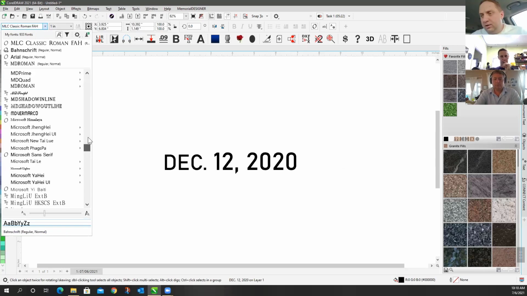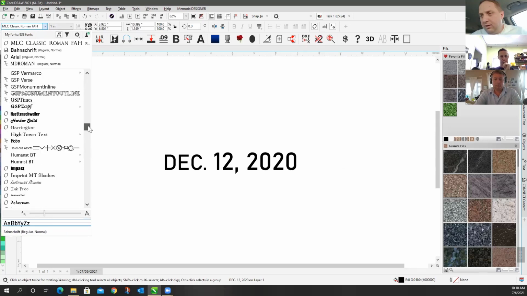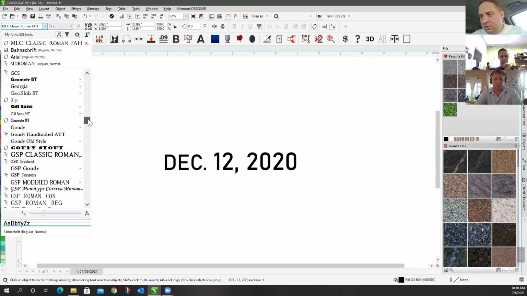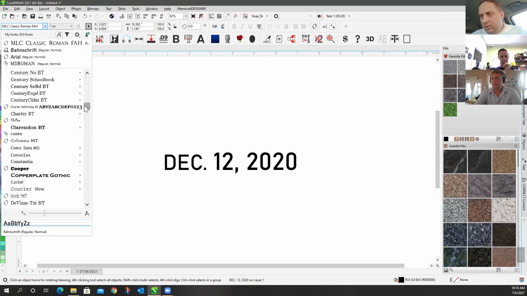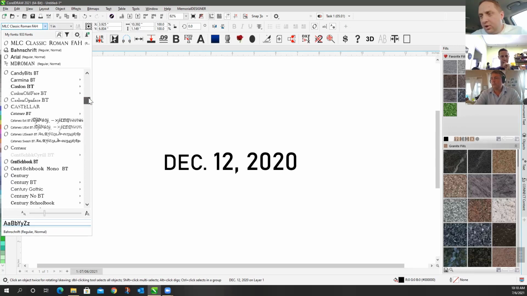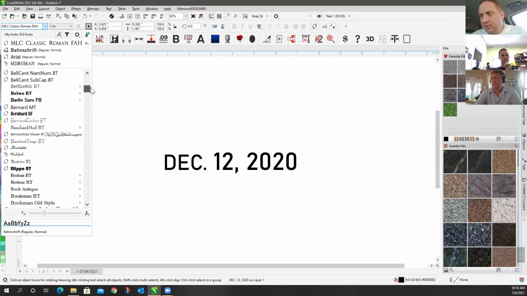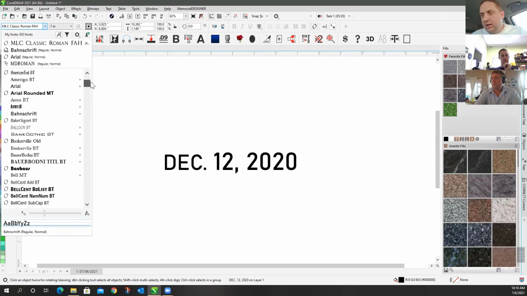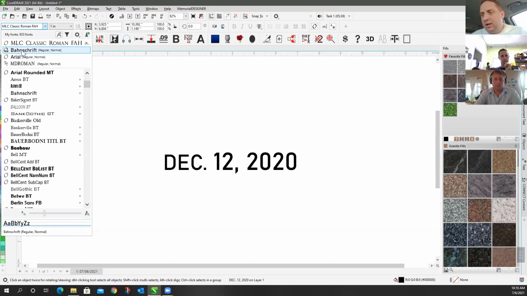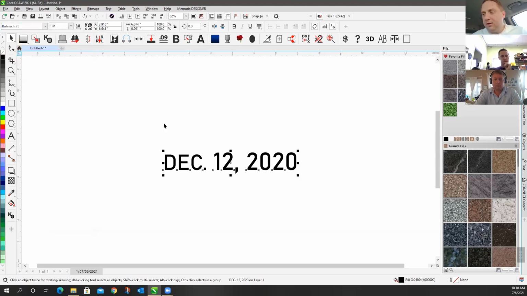If we scroll through, I'll see if we've got any other ones. Not really. I've not installed any on purpose on this machine, so I don't know if I have any. But this Bond Script one is one that just comes with Windows. And so if we switch over to that font,